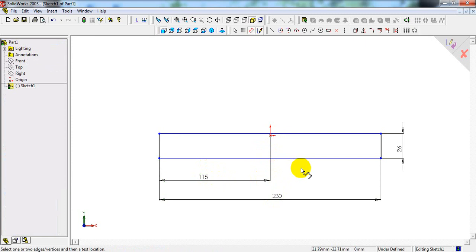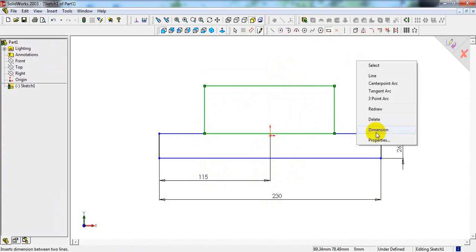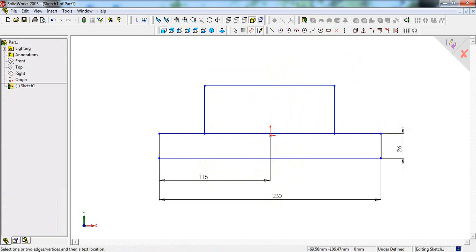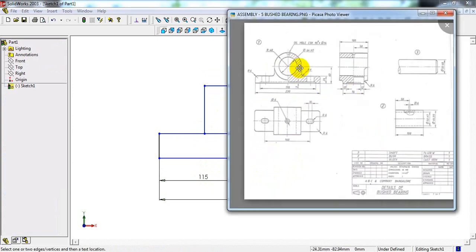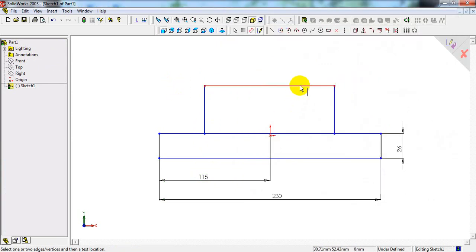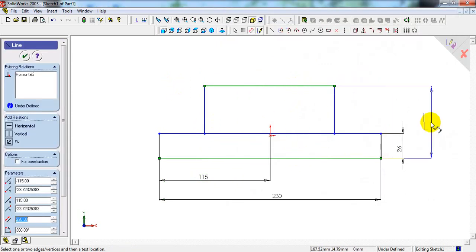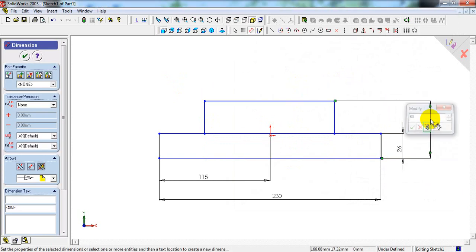Next, draw one more rectangle above it. Make dimension. Height is from here to here, it is 60 mm. Enter 60.